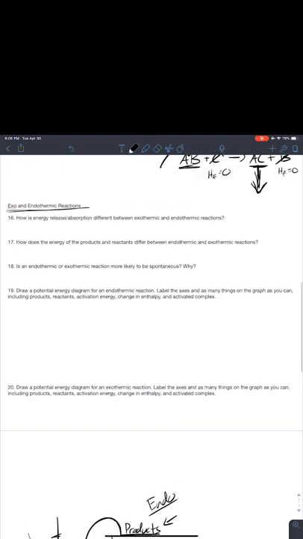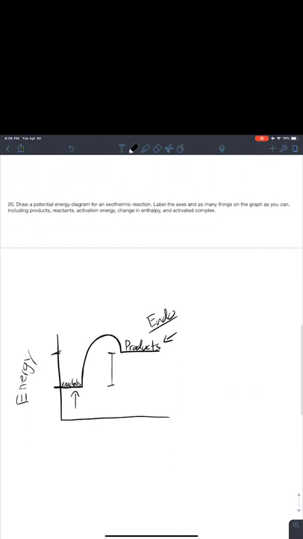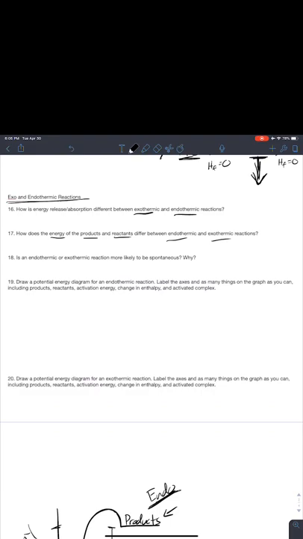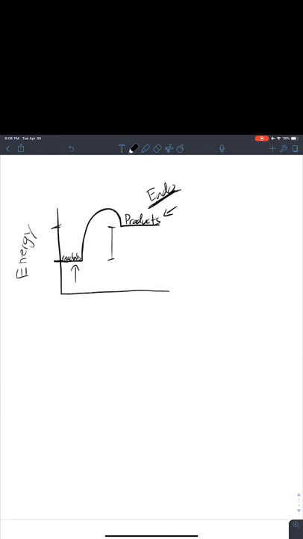Okay, so how's energy release and absorption different? So exothermic, endothermic, which one's absorbing, which one's releasing? And how do the energy of the products and reactants differ in endothermic and exothermic? So when you're looking at a chart like this, I just said this is endo because the products have more energy. What would an exo look like? All right, and then I like this question. Is endothermic or exothermic more likely to be spontaneous? So when you're thinking about this, think about how difficult is it to start an endothermic reaction versus an exothermic reaction, and look at the charts like this. So that's what an endo looks like. An exo would look like this. Okay. So what on this chart? What aspect of this